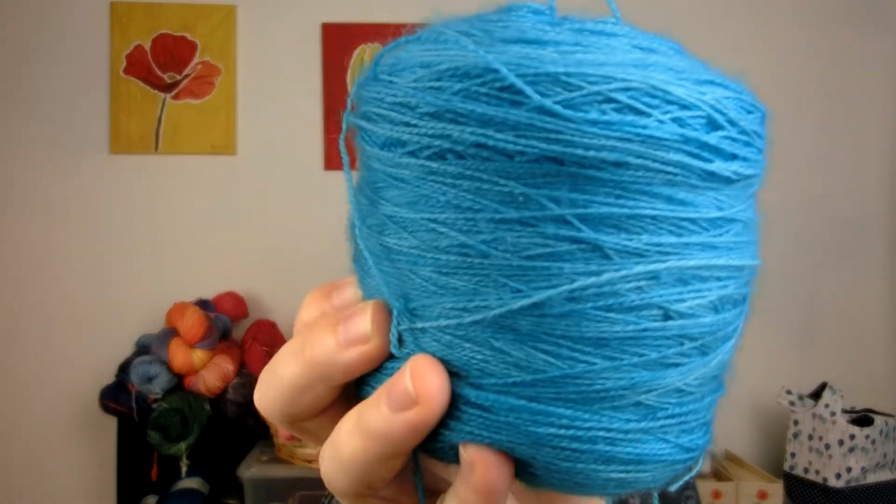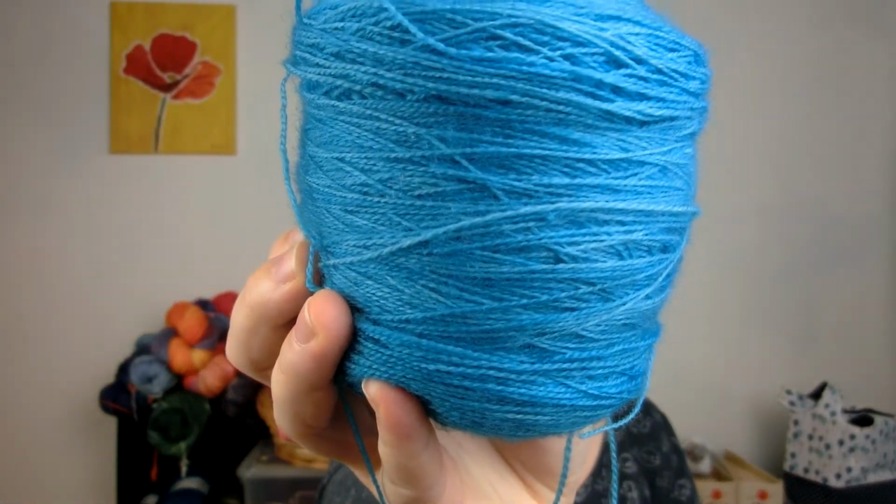And she's not actually from Stockholm, but that's not really important for the story here. I met her in Stockholm, where we both lived at the time. But yeah, I got this gorgeous teally blue skein of yarn, and it's amazing. I've been knitting from it quite happily now, finally, but I traded it for an actual piece of food cake because she had it in her stash and she felt like she was not going to do anything with it, so she traded it with me, and she had lost the label by then because she had started knitting something with it,